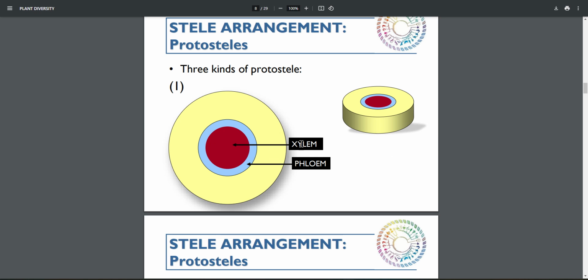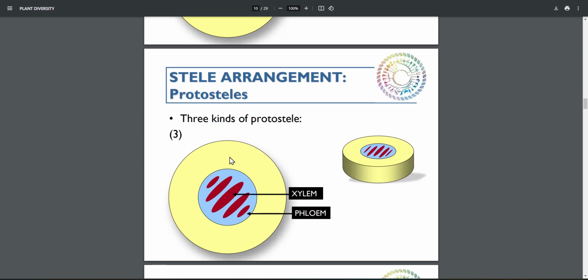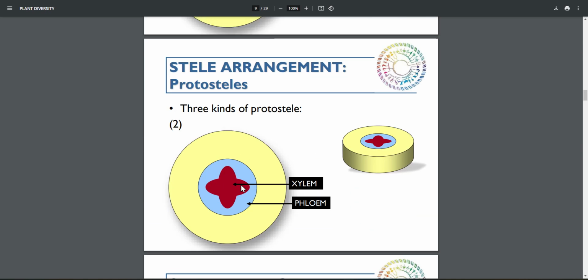So xylem is always represented red in diagrams because of staining. I think it's a red stain. Only through staining does xylem always show up red. So it's red, and phloem is blue just to give contrast. All right, so the second kind here has a cross shape for the xylem, but again it is still surrounded by